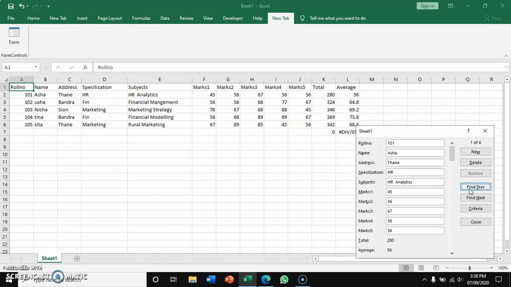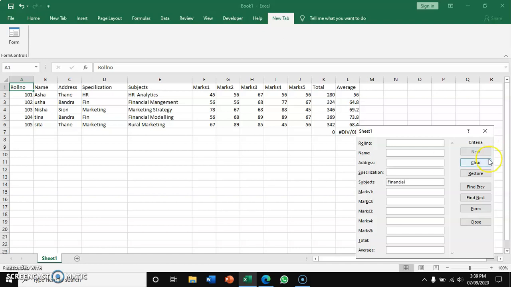So there is HR analytics at 101, only one subject. Now let us find if there are specializations in finance. What are the subjects in financial modeling? So financial.